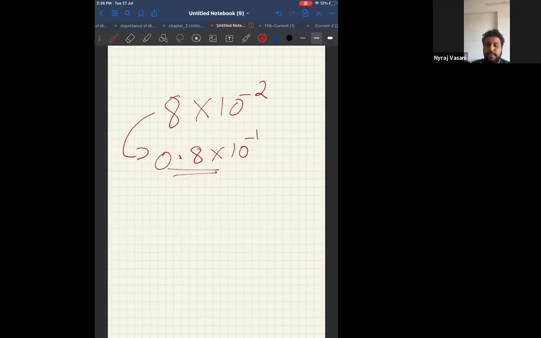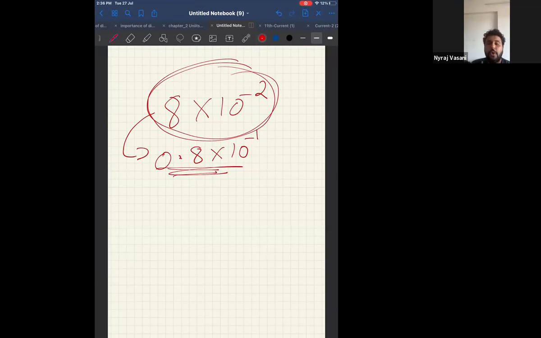Now, many times you ask me, is this answer correct? The answer is correct. But is it in the form of order of magnitude? The answer is no. Can I say this answer is in the form of order of magnitude? The answer is yes. Therefore, in future, if the final answer is in 10 power, you will have to give your answer in order of magnitude.